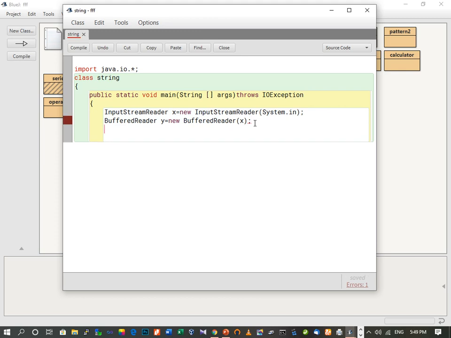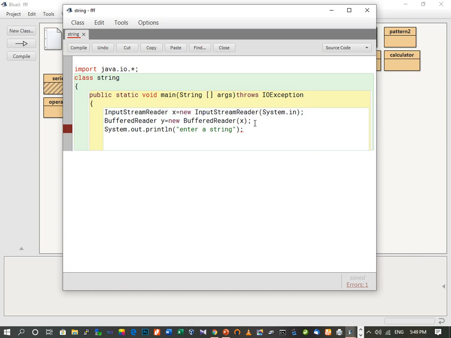Now the next thing is we will ask the user to enter a string. So System.out.println, enter a string. Whatever string the user enters, we will store it in a variable.